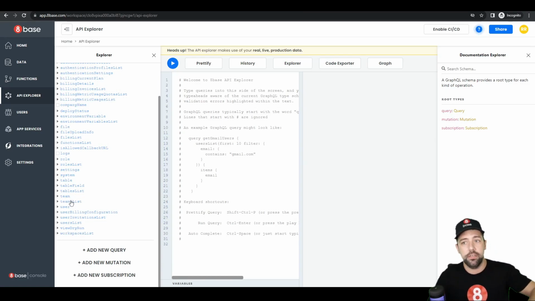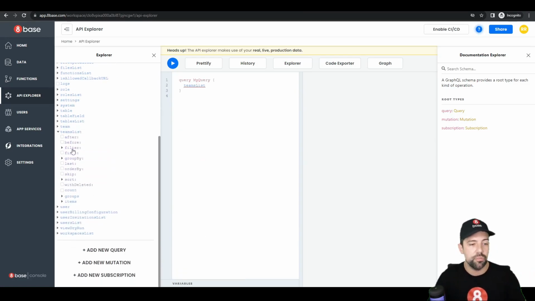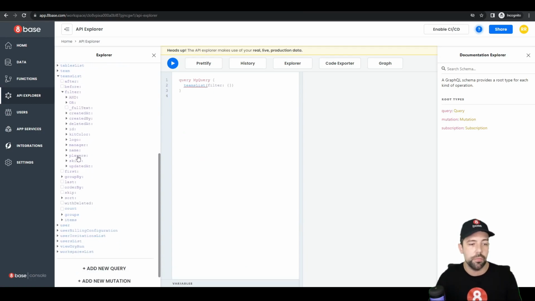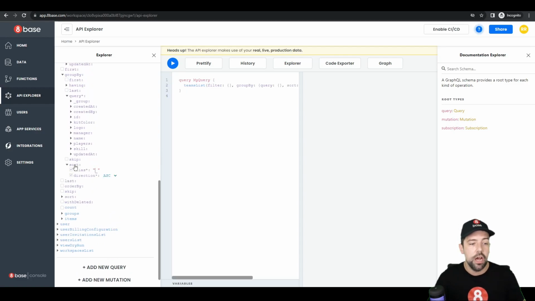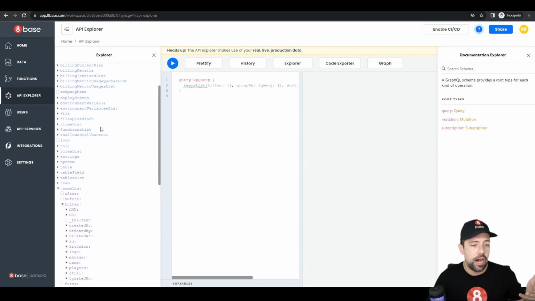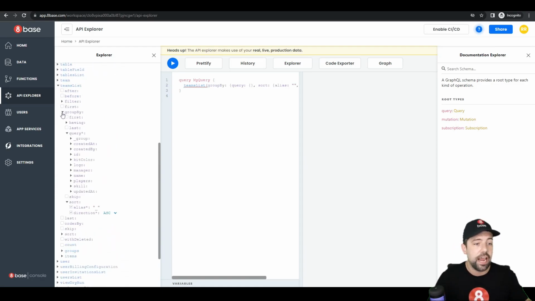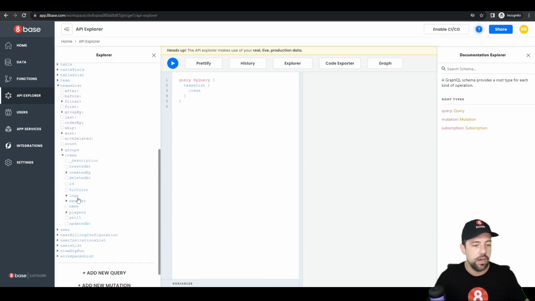And not only does it let me retrieve the records, but I can do things like filtering. I can filter by any of the fields. I can group records if I want to. I can sort records. And because I'm using GraphQL, I don't have to worry about the N+1 problem, where if I'm querying a team, I have to get a manager ID and then do another query for the manager information. Instead, because I'm using GraphQL, I can query a teams list, and for each team, I can come here